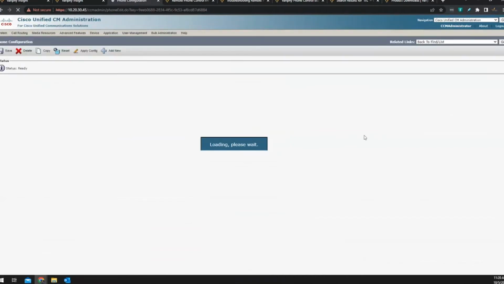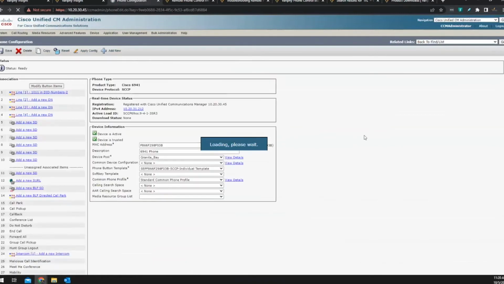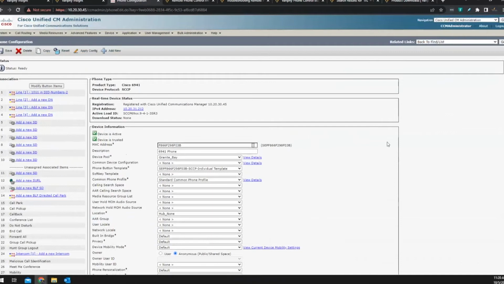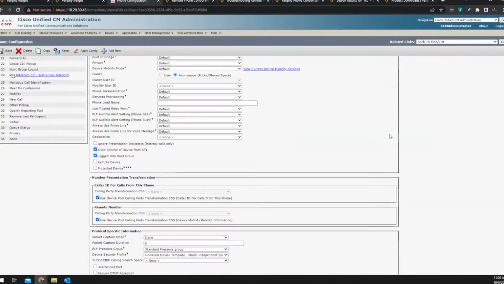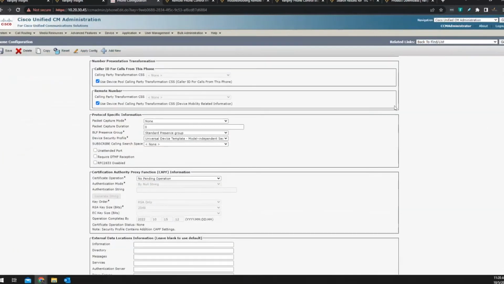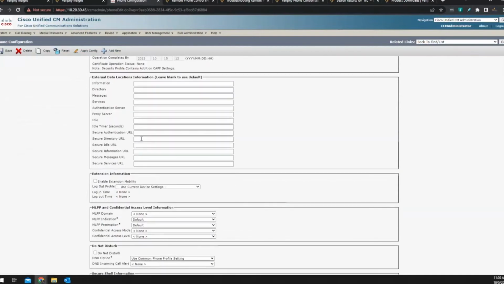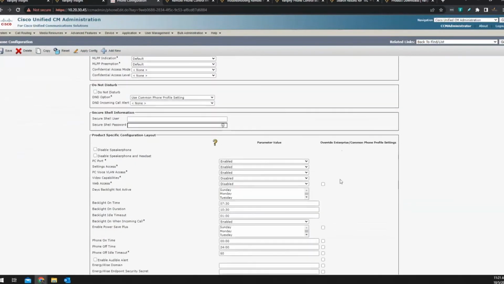If it's still not working after doing that, there may be a couple other things in the phone's config itself. One thing I like to do is scroll down here and make sure there are no redirects in the authentication URL. These should all be blank typically, although if we need to, we can put in a redirect to troubleshoot. That comes in handy. The main other thing is web access should be enabled.